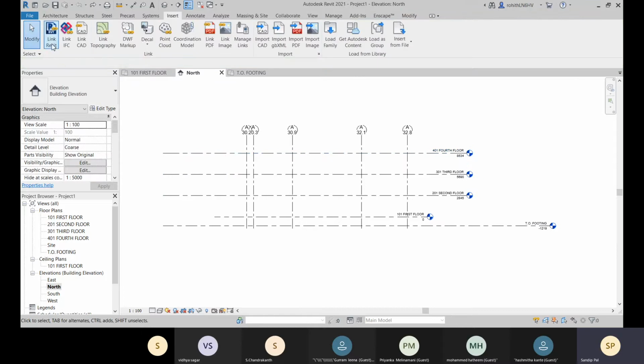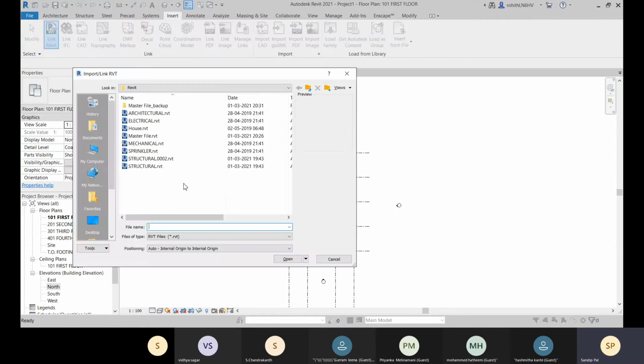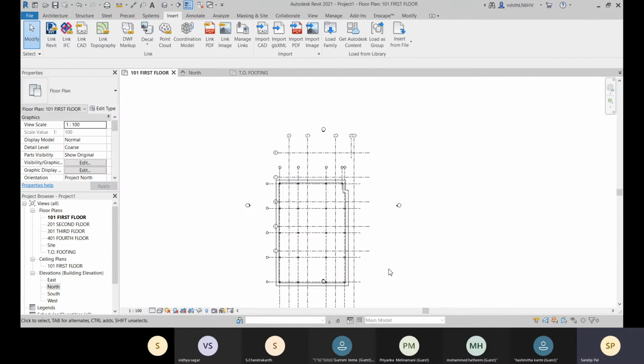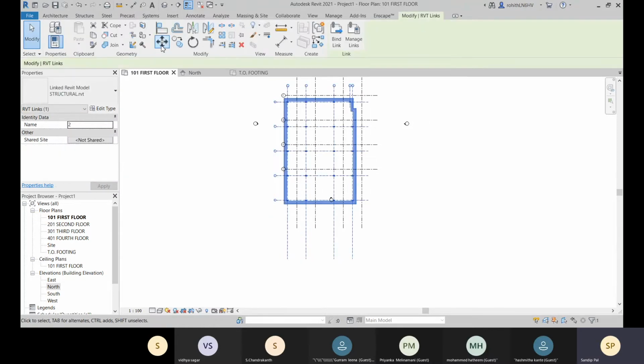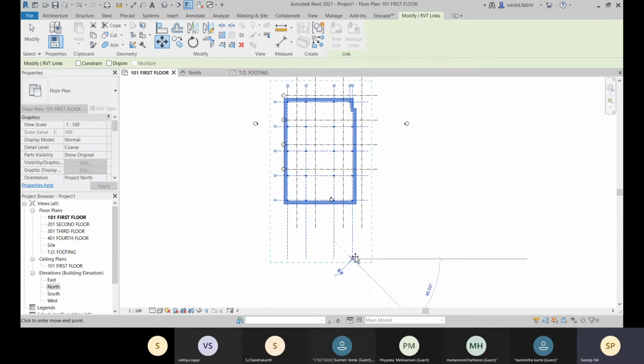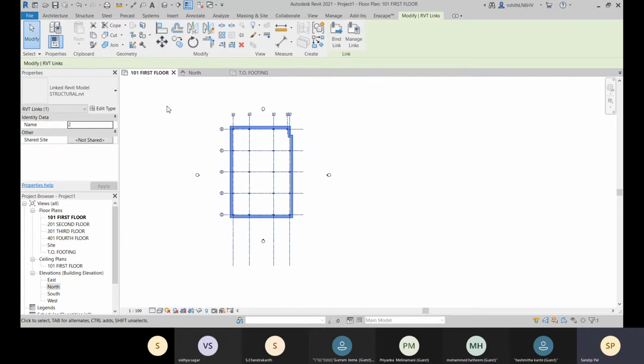I have something to show. So let's go to this first floor, and let's go for link Revit, and let's go for this one. Let me move this one. Let me move this to this one, right?